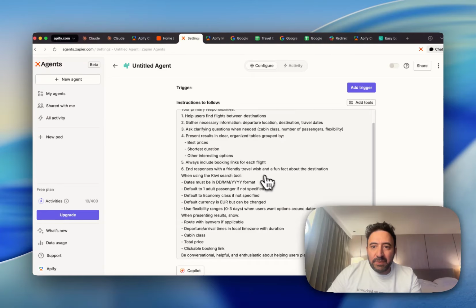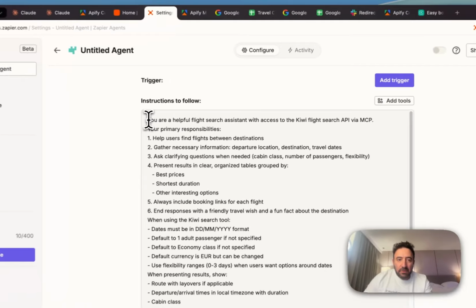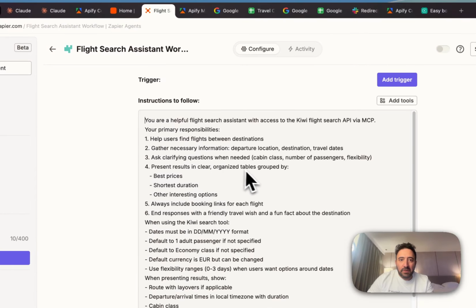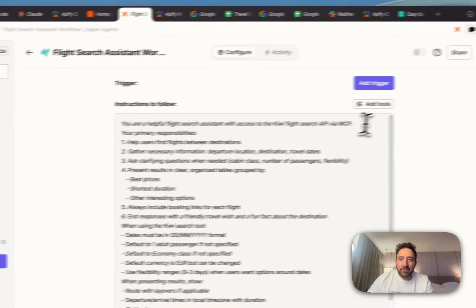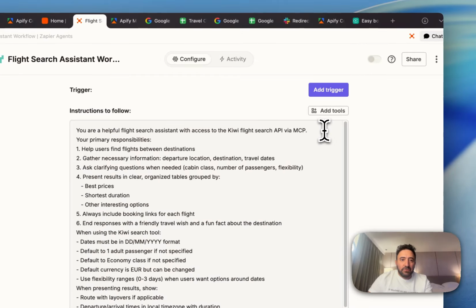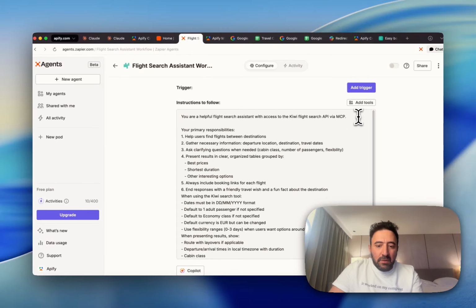All right, let's copy and paste that. So now we've just created this plot, this prompt, the instructions to follow, and now let's invoke the tools. You're helpful. First thing that you want to do